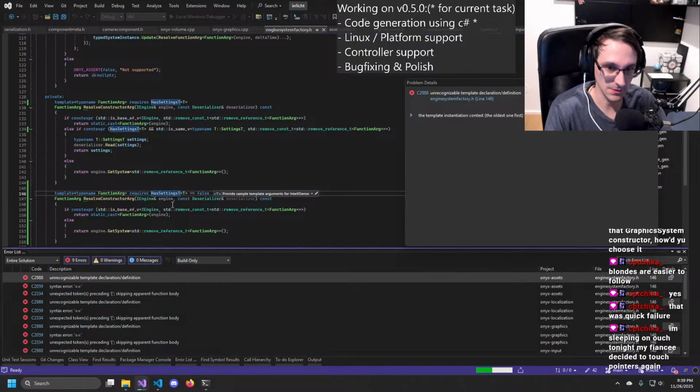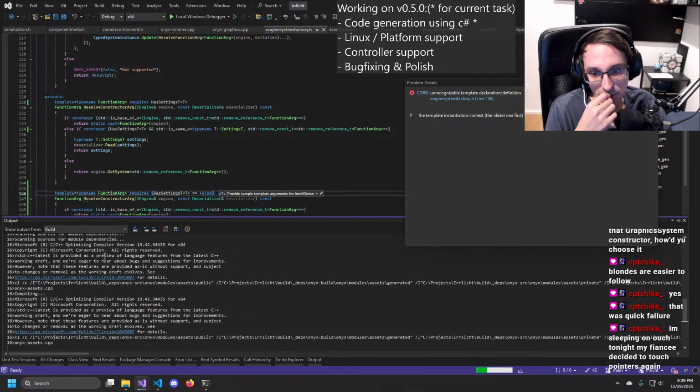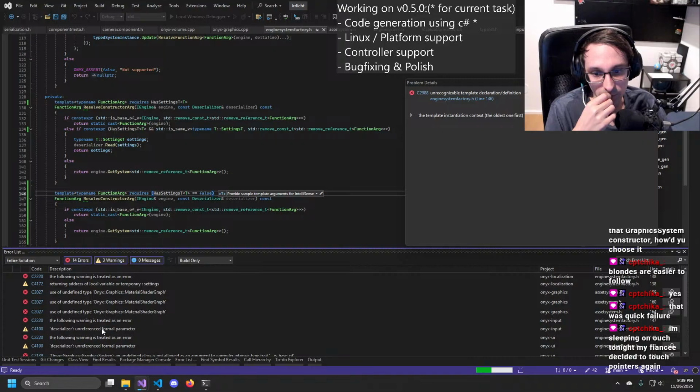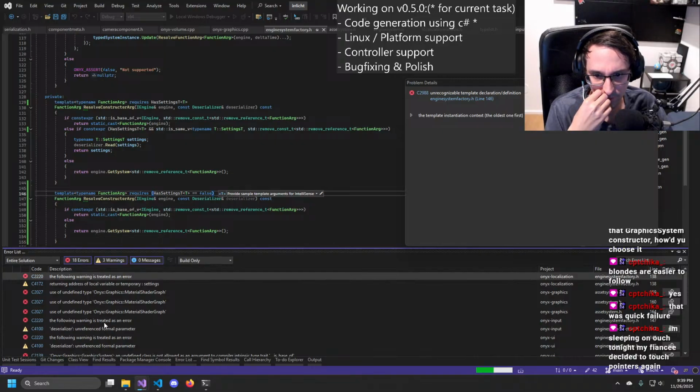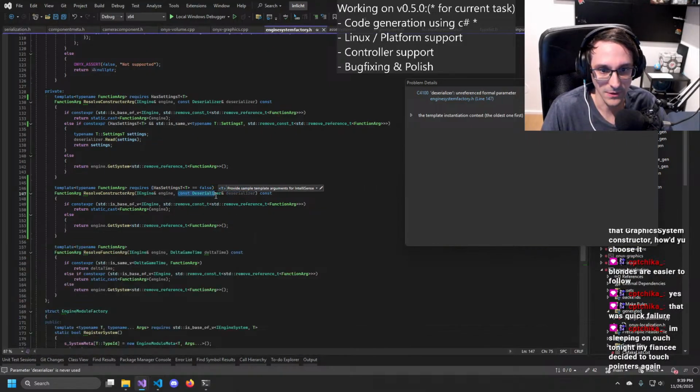Okay. Does it work like that? Or do I need to do not equal? Okay, now that seems to work. Oh well, and then we don't need a deserializer, I guess.